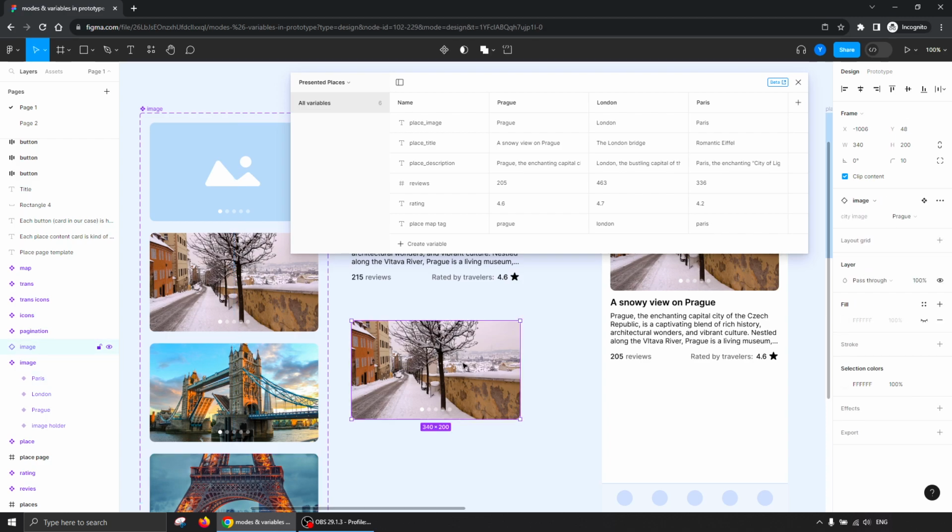If I want to take this variant, sorry, this is an instance of this component. It is a variant, but it's an instance of this component. I can bind it here, you see, assign variable, and I will assign the variable from the presented places. Of course, I will assign the variable of place image. So when I click on it, you see now that it's bound to the variable of the place image, meaning